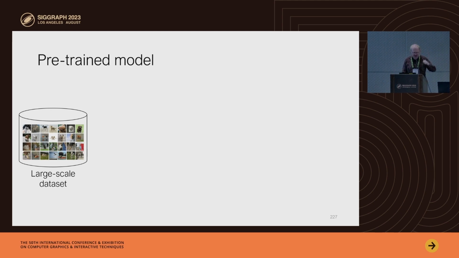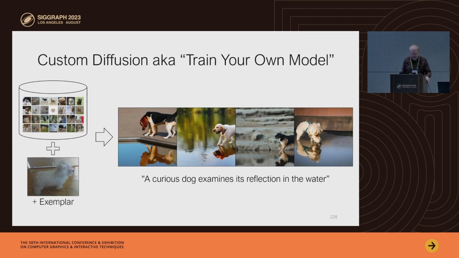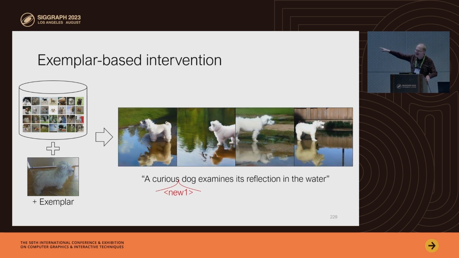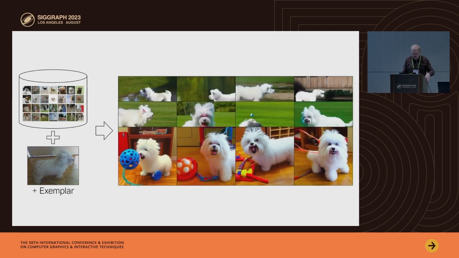We started with a standard diffusion model that can produce things like these little doggies. And then we applied one of those custom diffusion methods, like Custom Diffusion, or DreamBooth is another one, that said, okay, fine-tune the model on this particular dog picture and use that to put that dog in the scene, okay? There are a number of methods that came out last year that can do this for you, and you can do it for many different tasks, and you can have your own dog in all of these